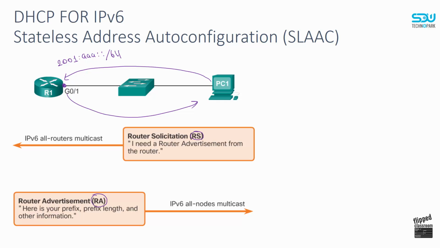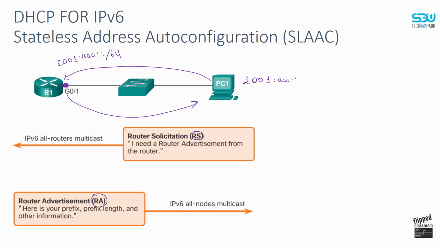This is the IP address of our router interface Gigabit 0/1. And when our router makes a reply to PC1, it is making an offer like, you can get this beginning of the address,